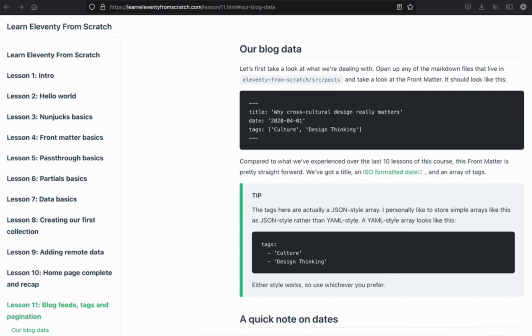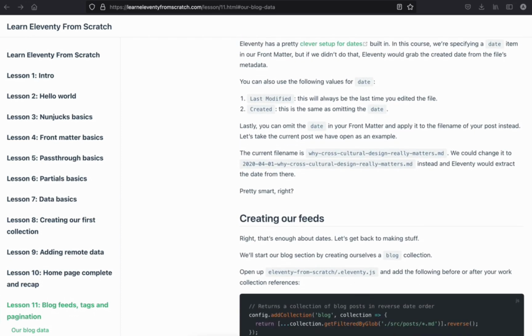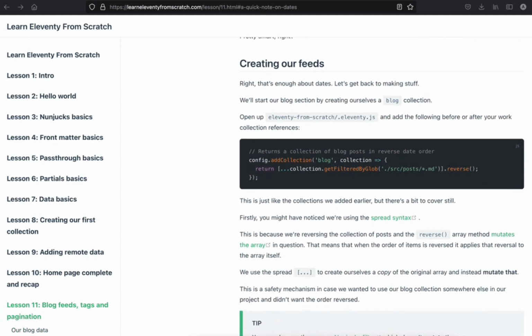So I'm deciding to go with something called Eleventy. I looked into this a few years back, and I even bought a course which is very good, and I'll link it below. That basically showed you how to set up a website, which actually had more features than what I want today. Right, let's get into it.